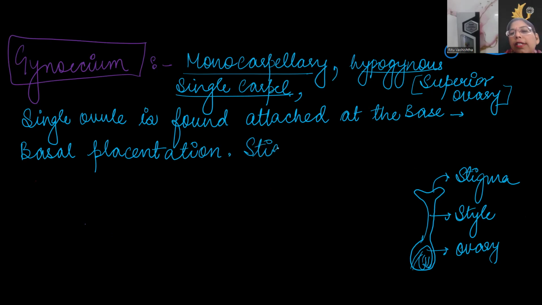Stigma is bifid, means it is divided into 2, and feathery. Why is it feathery? Because it is an adaptation for pollination. You know that among all the plants, whenever pollination occurs through abiotic factors, it is of two types, anemophilous and hydrophilous. So in the Gramineae family, anemophily is present. So stigma is bifid and feathery